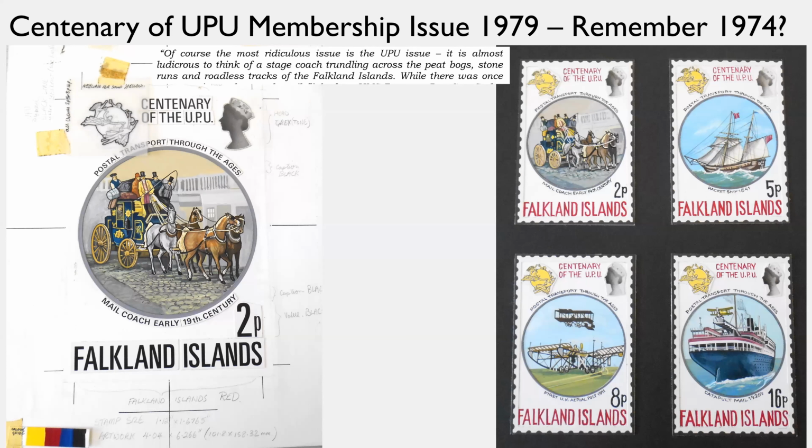Of course, the most ridiculous issue is the UPU issue. It is almost ludicrous to think of a stagecoach trundling across the peat bogs, stone runs and roadless tracks of the Falkland Islands. While there was once one experimental catapult airmail flight from HMS Exeter to Port San Carlos in 1934, there was certainly no service in the Falklands in 1920. And what the first UK aerial post of 1911 had to do with the postal service of the Falkland Islands